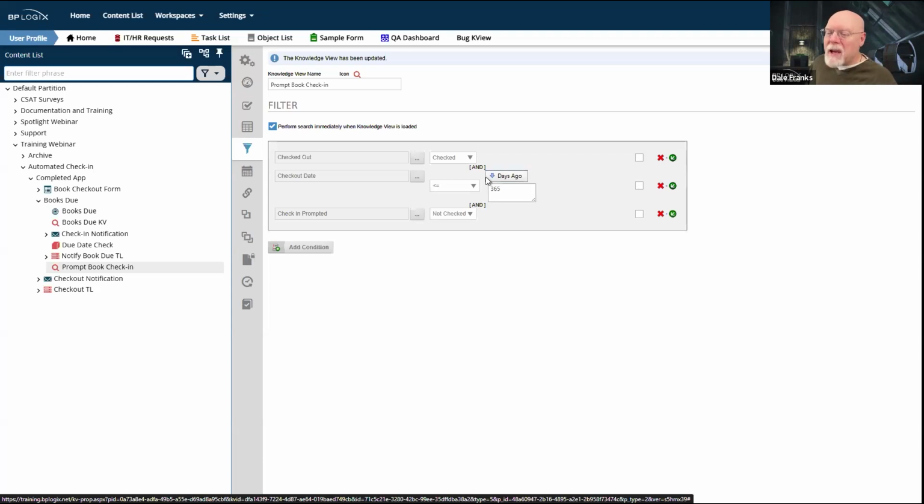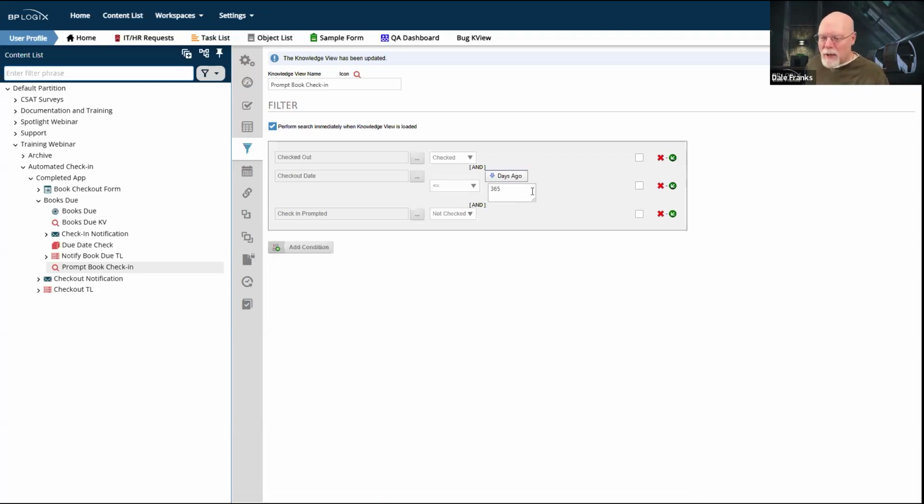What we think is happening here when we see this verbiage is that it says, okay, what is today? And then let me count back 365 days to see, because this is what people normally want to do. They want to set it to greater than or equal to 365.